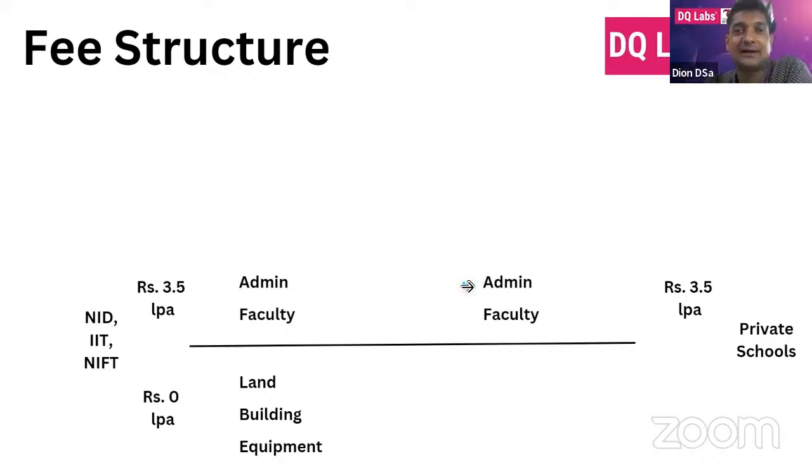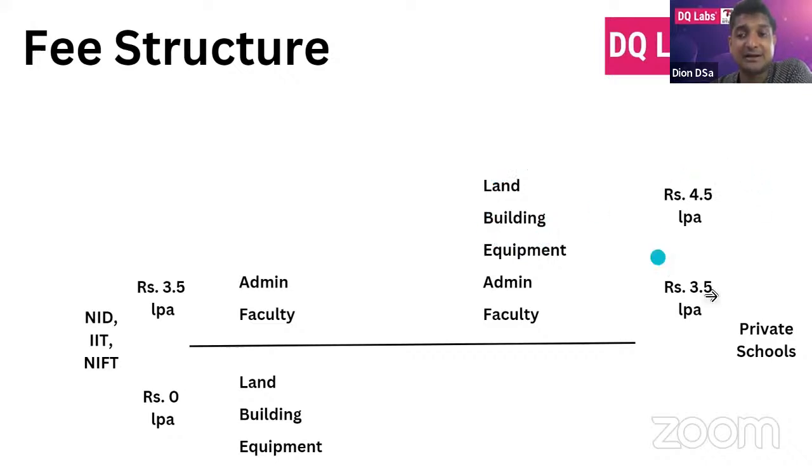If the faculty works in industry, you saw how much he earns. If they're not going to get a similar salary, they're not going to come to academics, right? So let's assume the same 3.5 lakhs is spent on the salary. But design schools also need to have invested in land, building, and equipment, and they need to recover that cost. So 3.5 lakhs becomes, let's say, 4.5 lakhs. And they also need to spend on marketing and future growth.